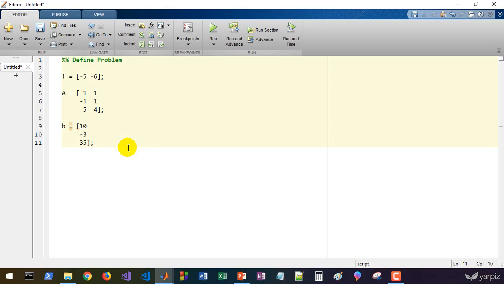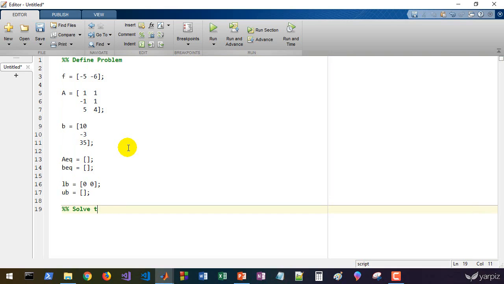A equality is empty, B equality is empty, lower bounds are 0 and 0, and upper bounds are empty too. And we solve the LP problem by calling the linprog function,